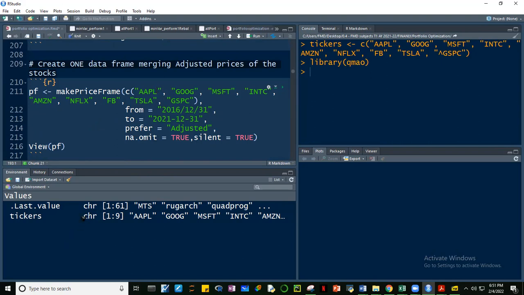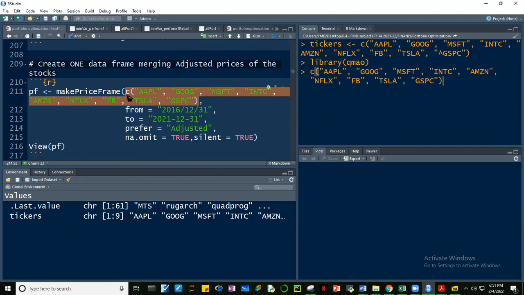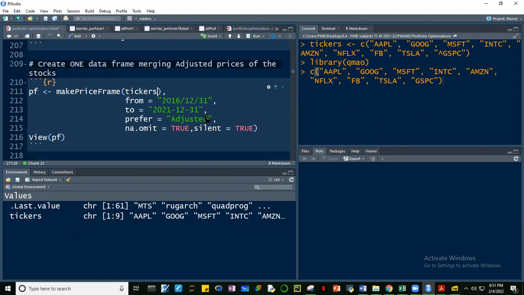Okay, so we have here makePriceFrame. You have Apple, Google, Microsoft. So this is actually from our tickers, right? From our tickers. Okay, let me just check. Okay, and then let me check. I haven't tried this before. If I use tickers, okay, makePriceFrame tickers